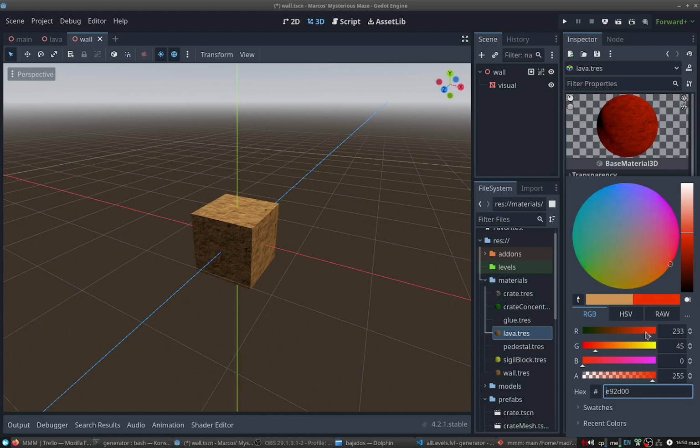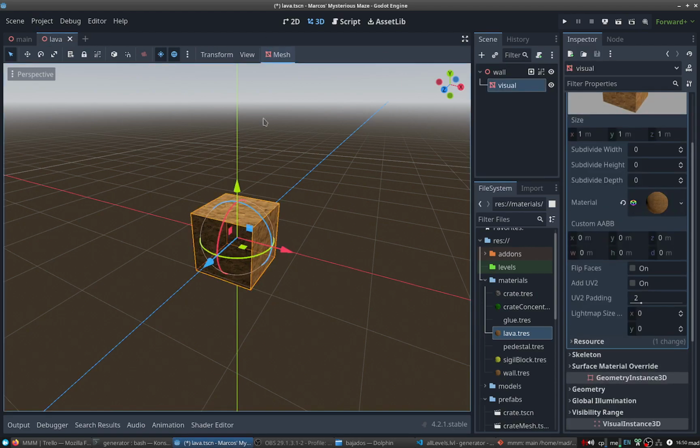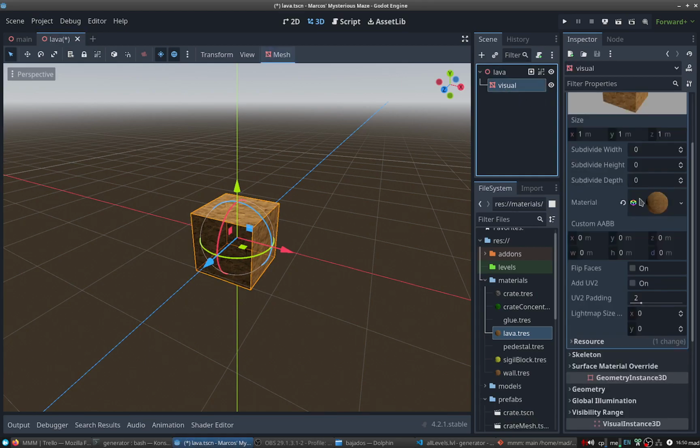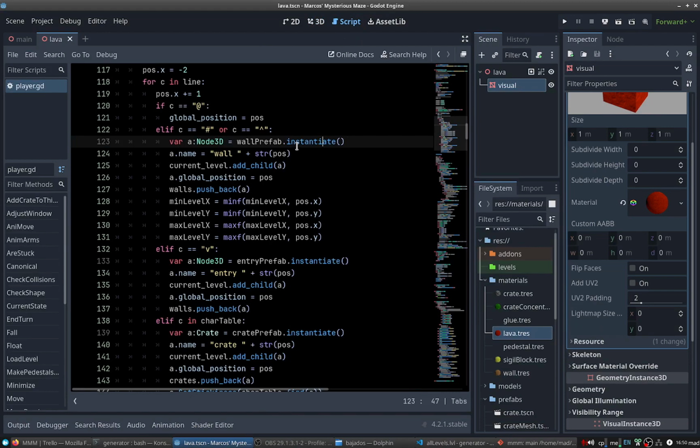We could make it emit light, but let's make it use this material. Okay. We are not distinguishing